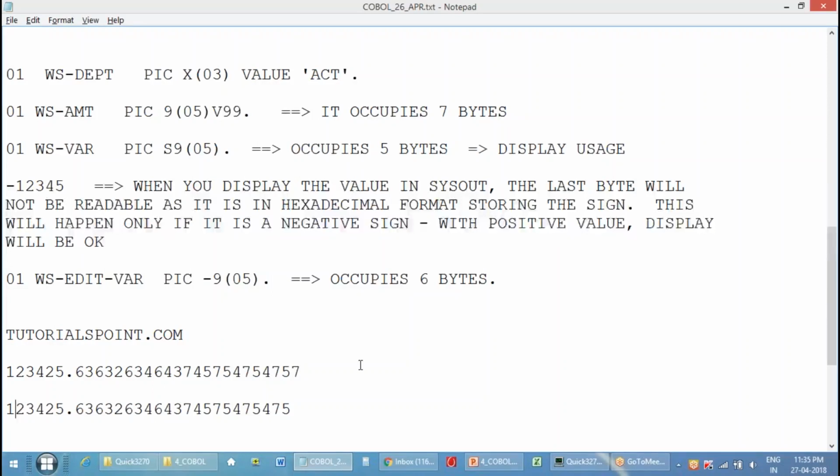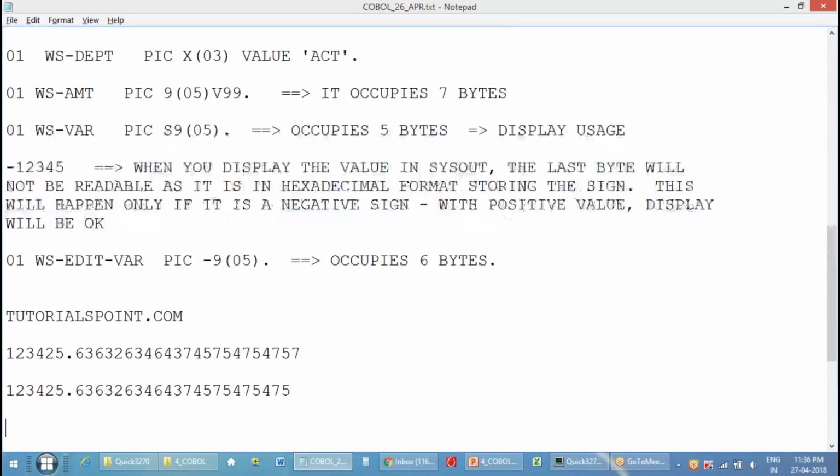And in this case, this decimal has moved 22 digits from the rightmost, correct? So the number of digits are floating now. Now the decimal point is floating. Earlier it was 23 bytes from the rightmost, now it is 22 bytes only from the rightmost. So such kind of data items are called floating decimals. And comp1